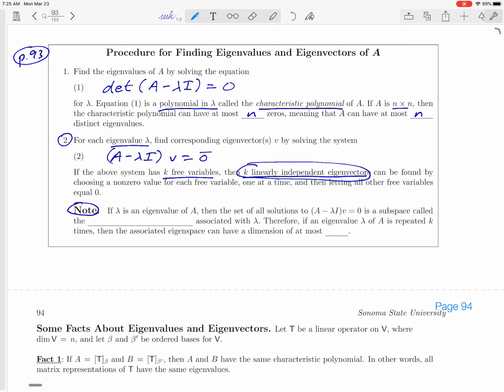Okay, and just a word about terminology down here at the bottom, this note. Okay, so if lambda is an eigenvalue, then there's a name for the set of solutions to that system that we just wrote down above. Okay, it's called the eigenspace associated with the eigenvalue. We used that terminology a minute ago one time. Okay, and so we can make one more comment here. If an eigenvalue is repeated k times, then the associated eigenspace can have a dimension of at most k. That turns out to be a fact, which we